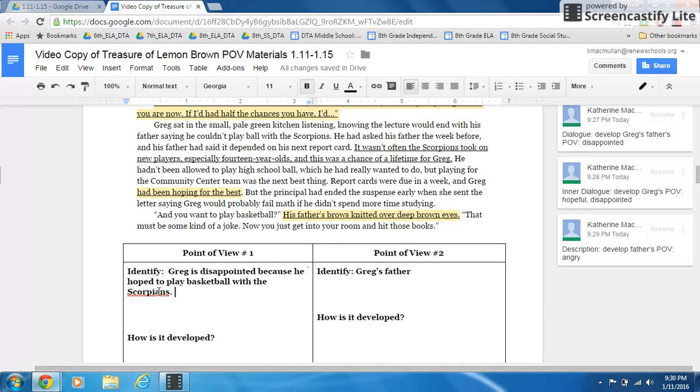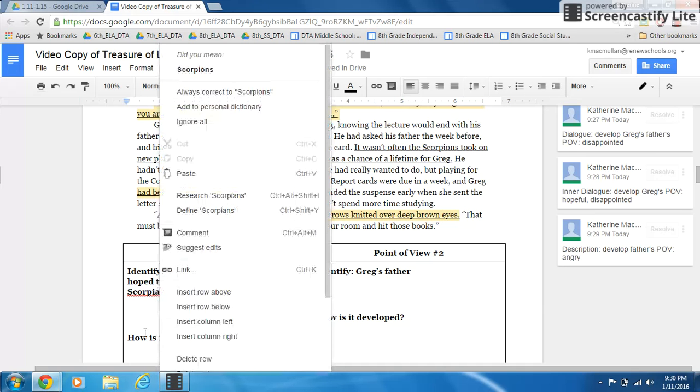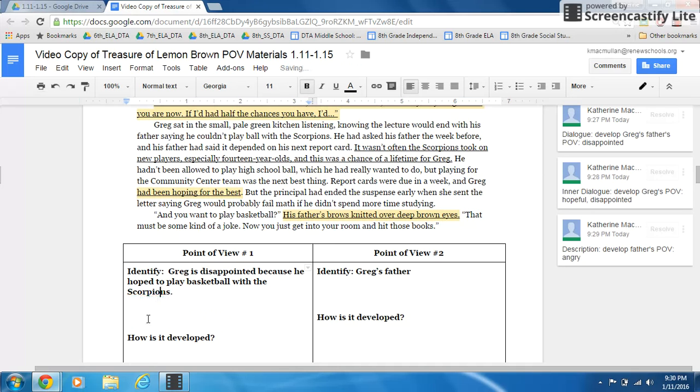Scorpions. I spelled that wrong, huh? Scorpions. Sorry. So that's Greg's point of view. He's disappointed because he wanted to play basketball with the Scorpions, but he's obviously not able to because of his grades. Now, the way that this is developed,